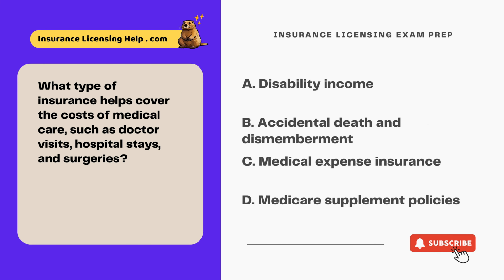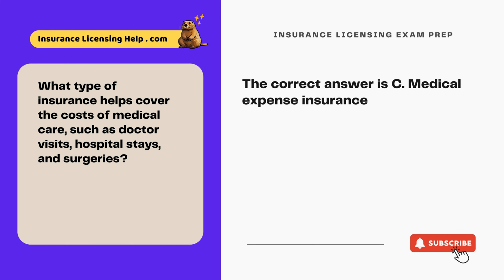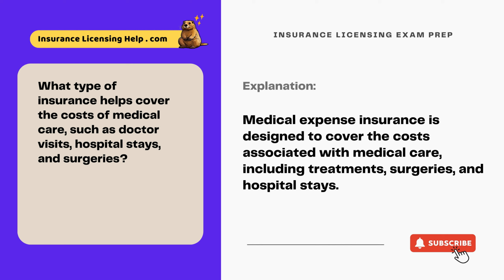What type of insurance helps cover the costs of medical care, such as doctor visits, hospital stays, and surgeries? A. Disability income. B. Accidental death and dismemberment. C. Medical expense insurance. D. Medicare supplement policies. The correct answer is C. Medical expense insurance. Medical expense insurance is designed to cover the costs associated with medical care, including treatments, surgeries, and